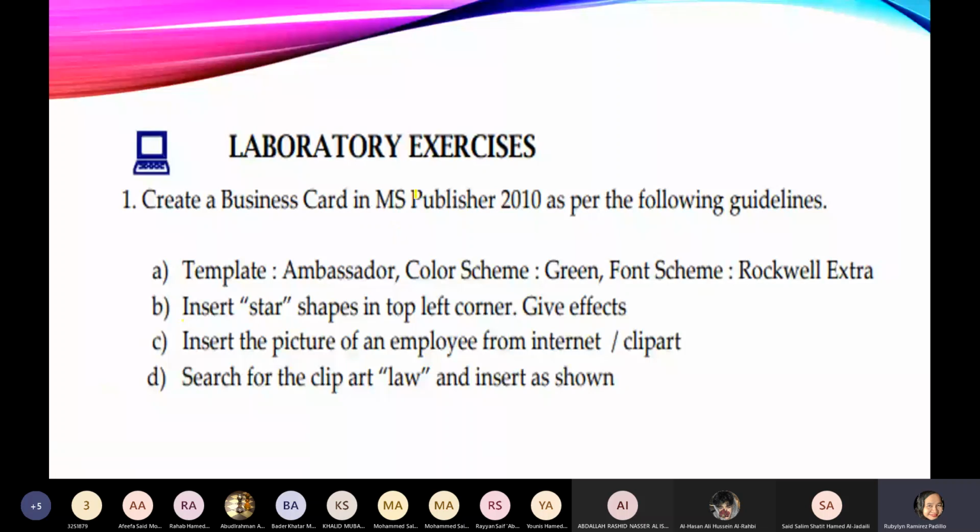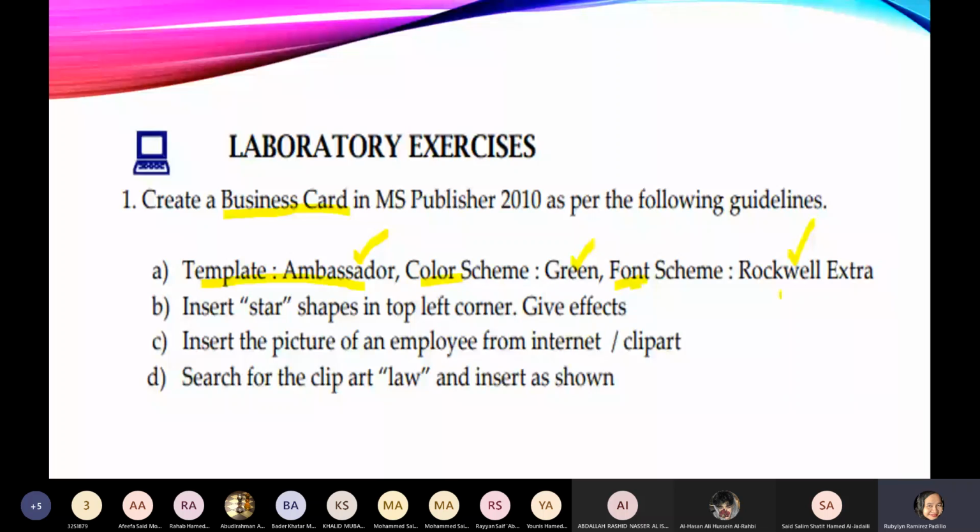So what we will do in this example is a business card, using a template which is ambassador. Next, the color should be green. The font scheme should be Rockwell Extra. Again, we have ambassador as a template, the color scheme is green, and the font scheme is Rockwell Extra.